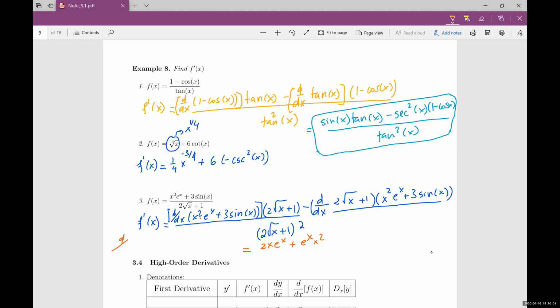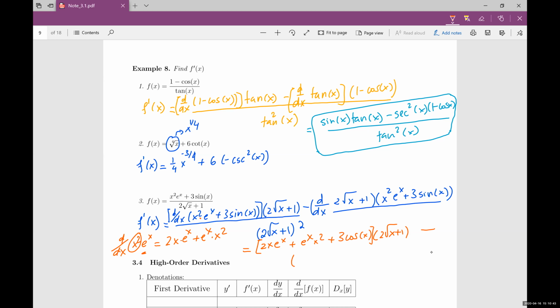So the derivative of 2x, derivative of the first function multiplied to the second function, plus derivative of the second function multiplied to the first function. And then plus the derivative of sine is cosine. Okay, and this everything here is multiplied to 2 square root of x plus 1, minus, so I move this thing down here, so minus